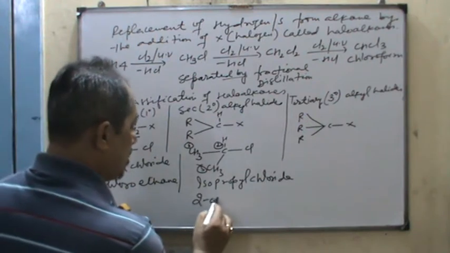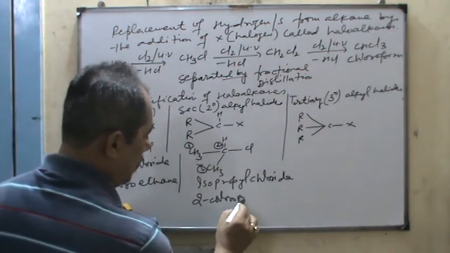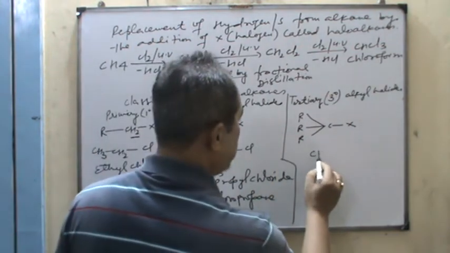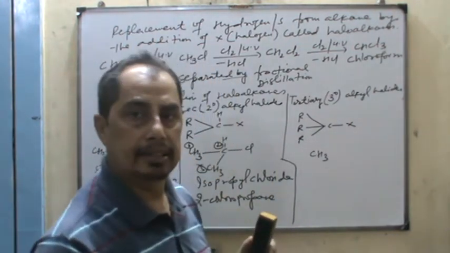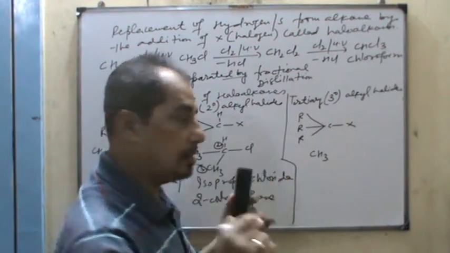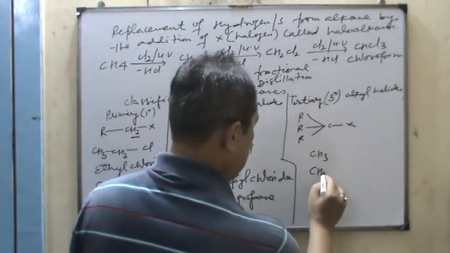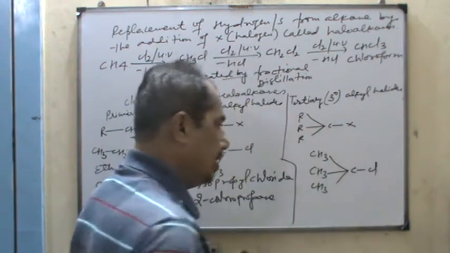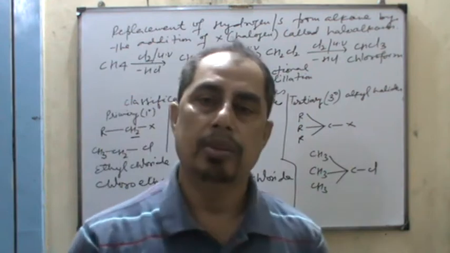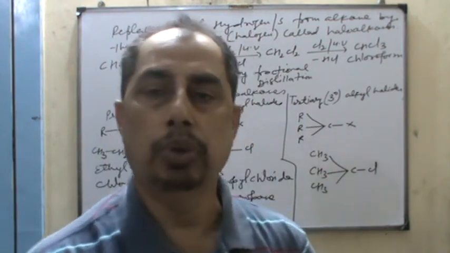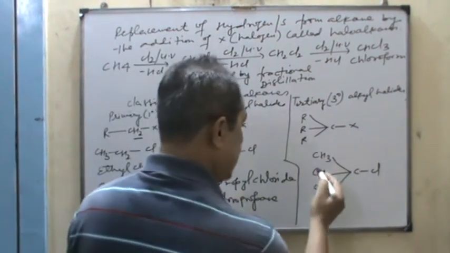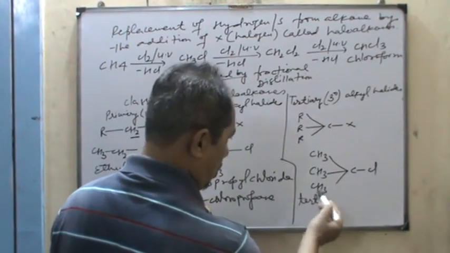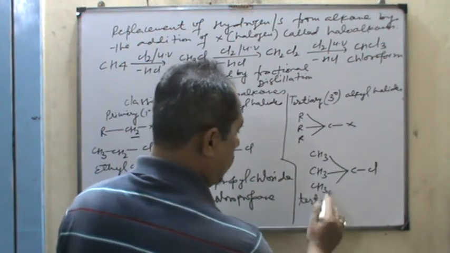Therefore in IUPAC system, it is 2-chloropropane. And then finally, so far as 3 degree is concerned, it is the tertiary or tert. You write here CH3, CH3, C and Cl. Fluoro can be changed into bromo, bromo can change into fluoro, and so on. Therefore in common system it is tert or tertiary 1, 2, 3 and 4